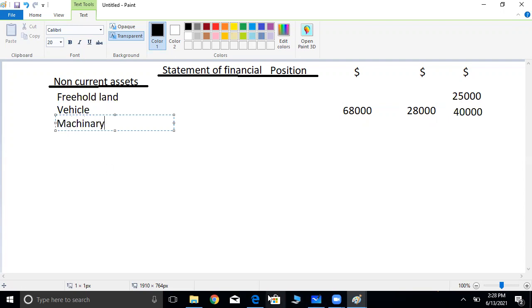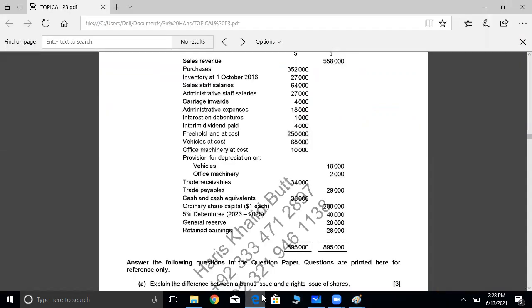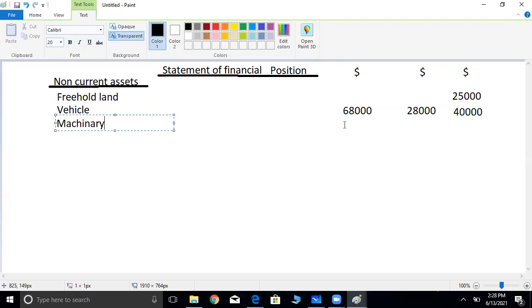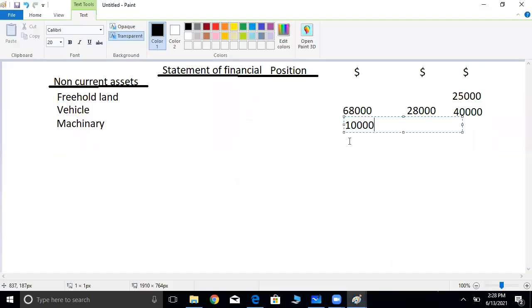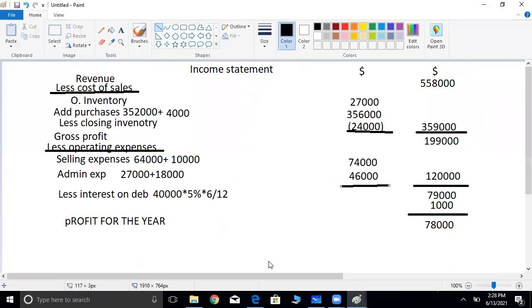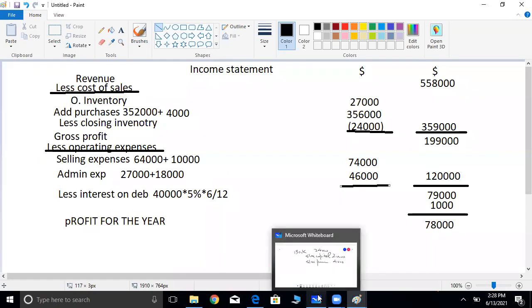Machinery, the depreciation is basically calculated where the cost is. Office machinery, the cost is 10,000. I will write over here 10,000. Depreciation which has already been done on machinery, office machinery पे कितनी है 2,000, और अब कितनी हुई है, अब आपने उस पर की है office machinery पे, I don't remember, I have to see, and 2,000 is the depreciation. And let's see what is the amount of depreciation. Machinery पे depreciation में शामिल की है या नहीं की, हमने ली नहीं है ना, भूल तो नहीं गए हम।